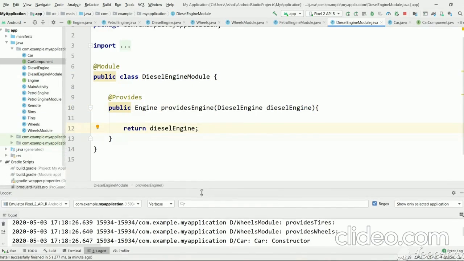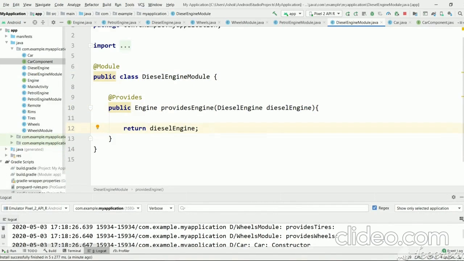So this is how we create objects for the implemented classes. Here we can use another annotation instead of provides. Here you can see the implementation is just returning whatever is passed in the arguments.